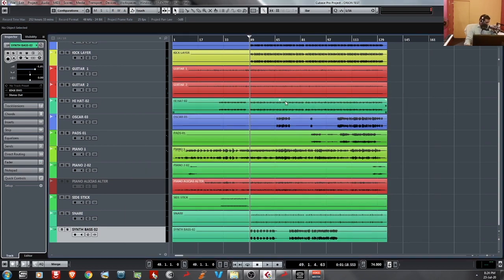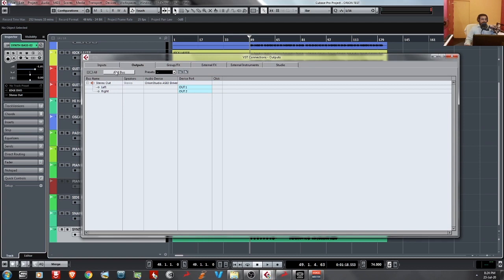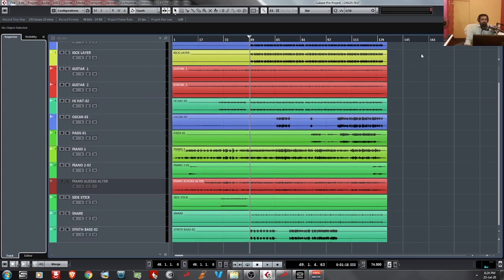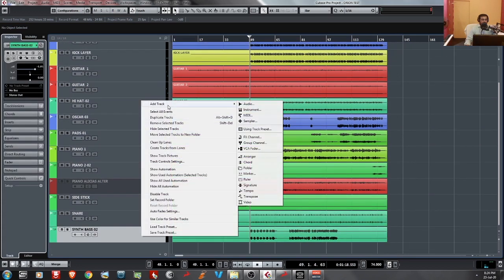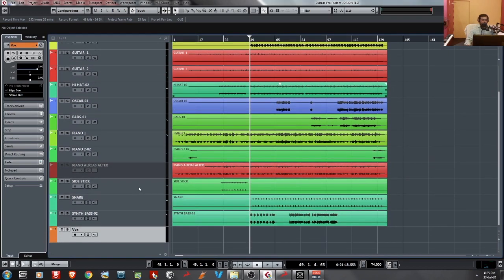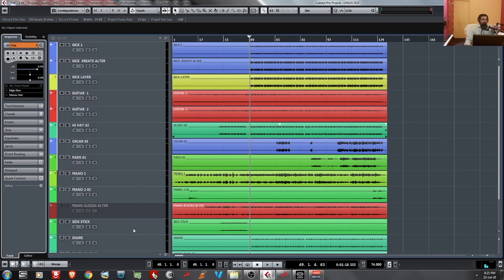I will go to my DAW. Press F4. In the input, the Edge I have already named one. I will delete this, and I will show you once again. I'm adding a bus stereo Edge Duo, and I am changing the input to 23 and 24. Okay, now I am adding an audio track. Okay, the input is already selected as Edge Duo.